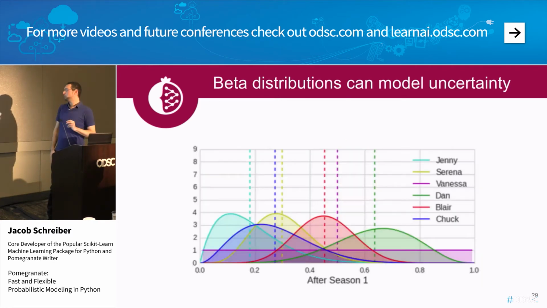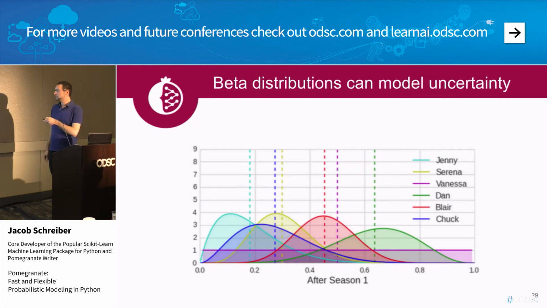So we applied this to the Gossip Girl data, where we tossed out the 0 label and simply said that if it was in favor of somebody's agenda at the time, that was heads, and if it was against their agenda at the time, that was tails. This is after season 1, where you can see much more distribution than before.